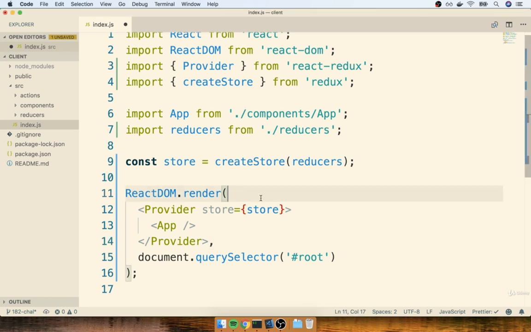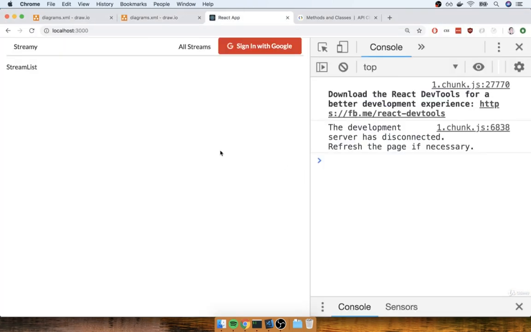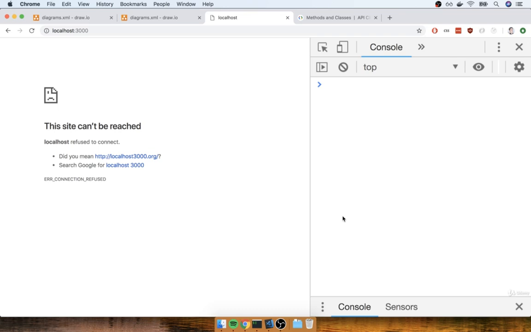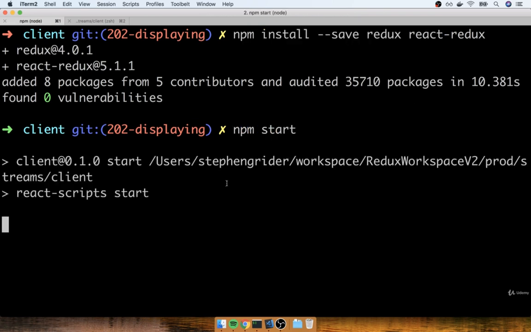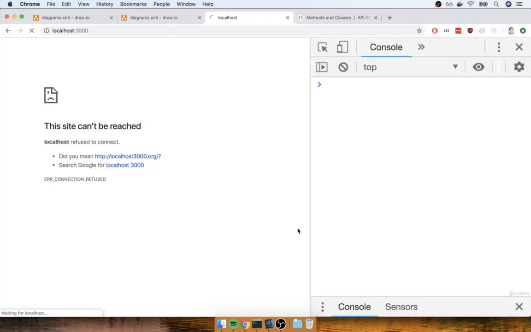Okay, so I think this looks pretty good right here. So I'm going to save this, and then I'll flip back over, and we're just going to make sure that our application still successfully starts up. Oh, totally forgot. We stopped our development server. I'm going to flip back over to my terminal. It looks like those packages were successfully installed, so I'll do an npm start. And I'll just wait a second for the development server to start up.